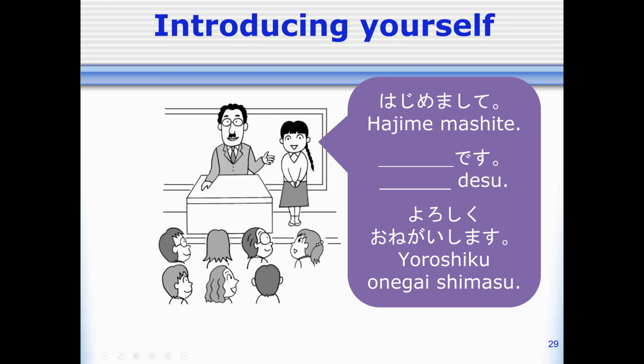Then I want to end with a phrase we use in Japanese. It's sort of similar to how we say nice to meet you in English. The meaning is like, let's get along well. Please be friendly to me. Again, it's a little long. Mas, shimasu, onegai shimasu,